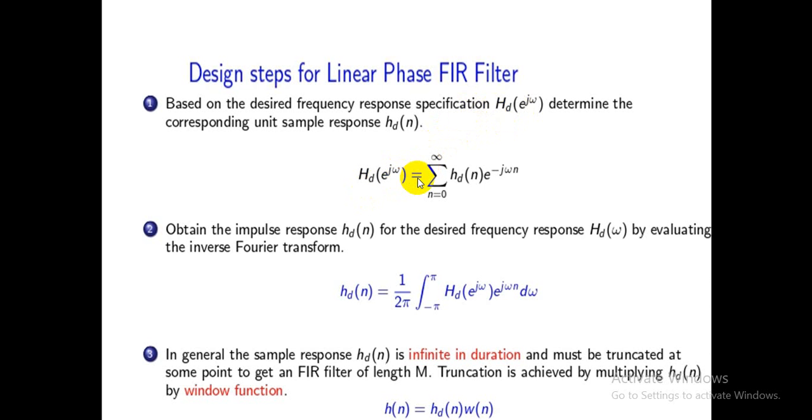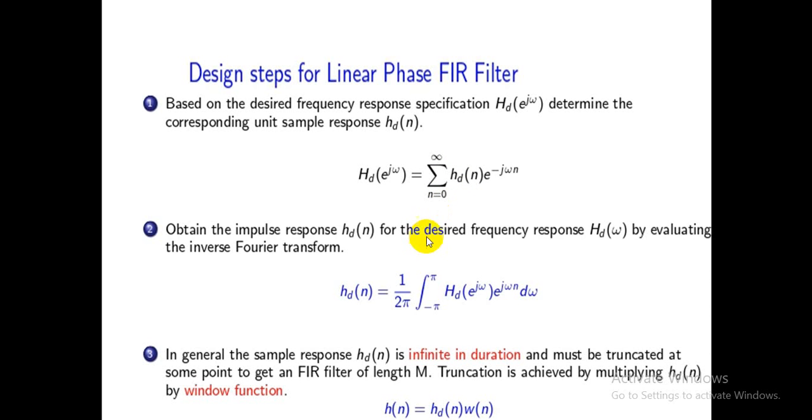Hd of e power j omega equals summation of n equal to 0 to infinity Hd of n e power minus j omega n. So we need to find Hd of n, which is infinite in length. You have to truncate this from some point, n equal to 0 to M minus 1, so that the length is capital M. The capital M is first estimated by the empirical formula, but there are some